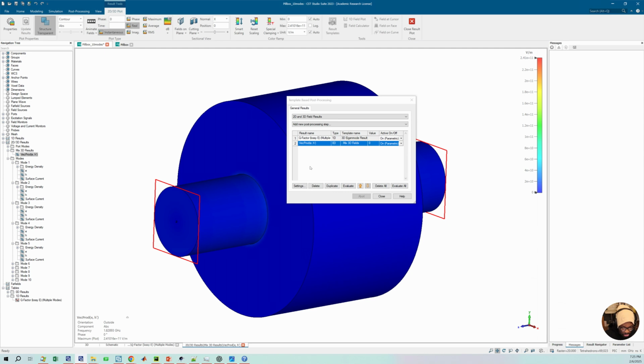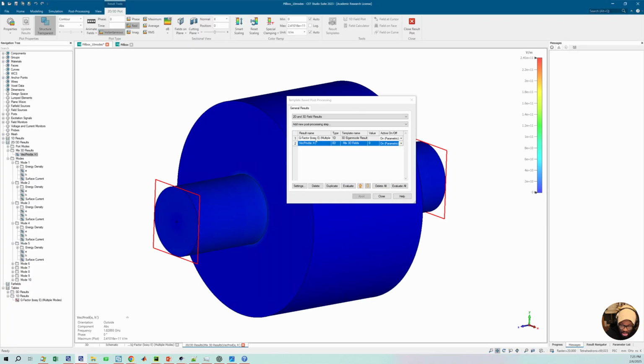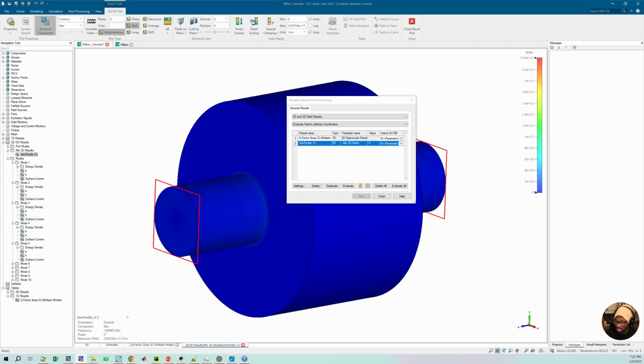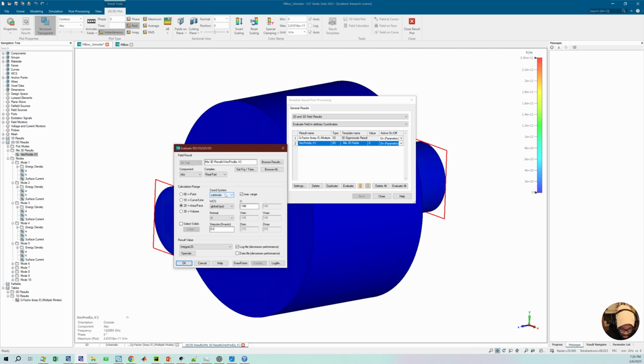So now we want to calculate the power flow. So the integral of the normal component, because this would calculate the time average of S and then dot it with the normal vector, which filters out the normal component. So that's what I'll be doing. So I go to evaluate on arbitrary coordinate. This is one way, and then I go to area or face. Now you want to change this to cylindrical coordinates. I didn't actually check with XY whether it considers,